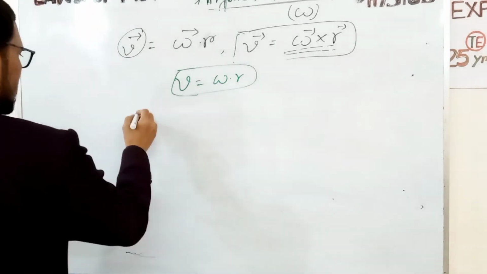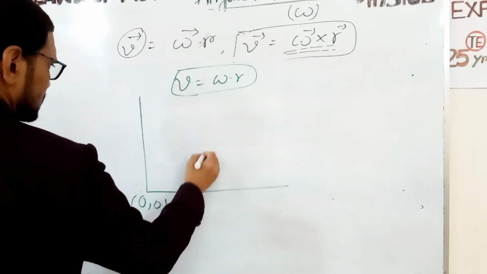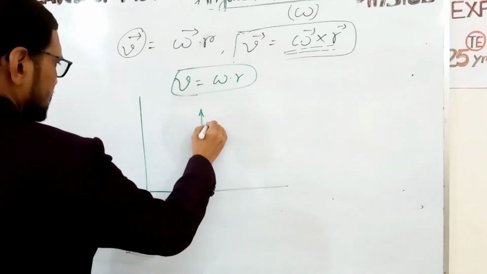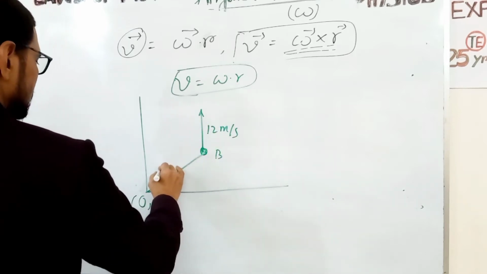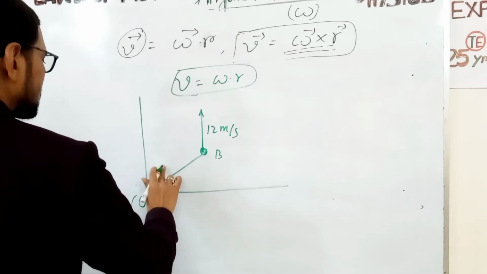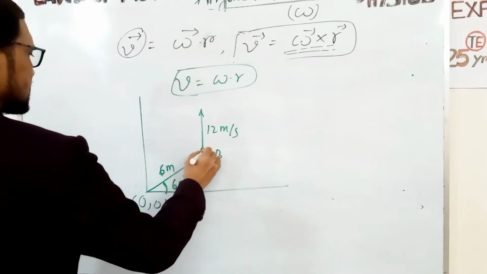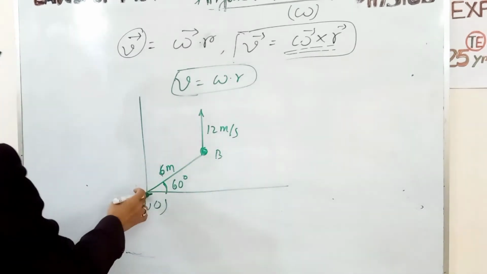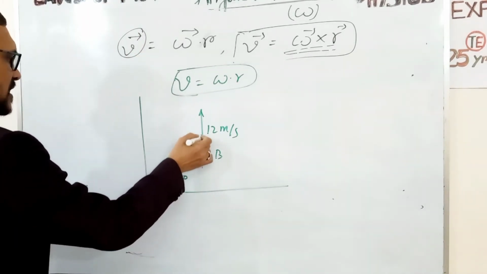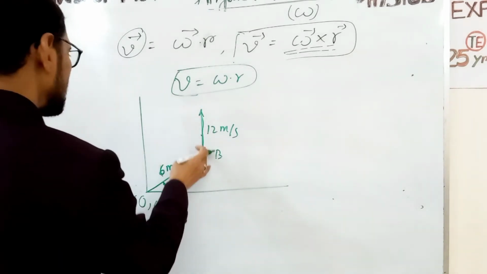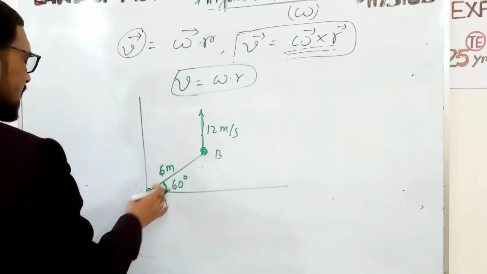Suppose in another case, this is the origin, and here is a point B. The velocity of the point is 12 meters per second. Suppose this distance is 6 meters, and it makes an angle of 60 degrees. So what is the angular velocity of B with respect to O? The body B moves with a linear velocity of 12 meters per second,